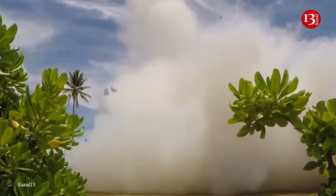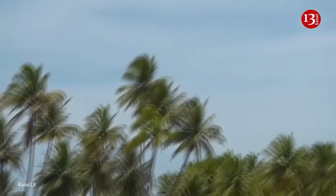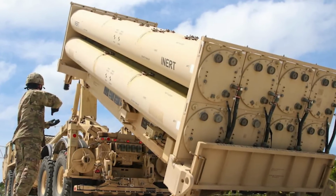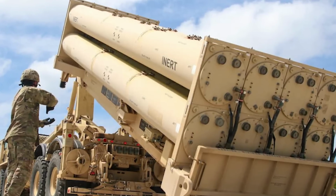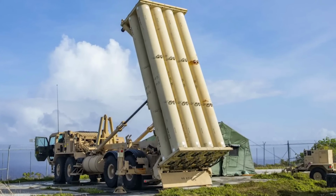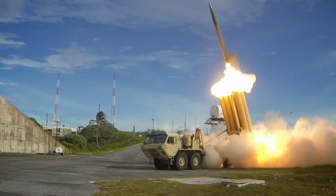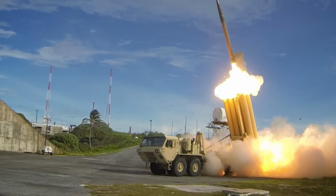The THAAD launcher vehicles are equipped with multiple interceptors, each housing a kinetic energy kill vehicle. And what sets that apart is its reliance on kinetic energy impact to neutralize an incoming missile, foregoing explosive warheads. Mobility is a cornerstone of its design, offering rapid deployment and repositioning capability. Now, this mobility ensures that THAAD can be strategically placed to address evolving threat scenarios, providing a flexible and responsive